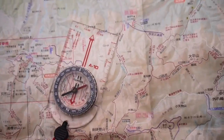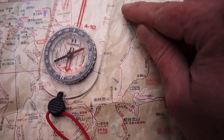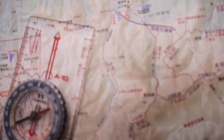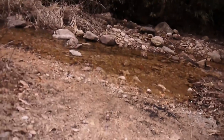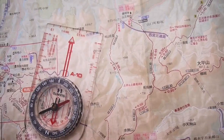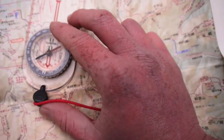Okay, it's really overcast and dark today, so I hope you can see this. Right now I am right here. I don't know if you'll be able to see that, but I'm at a bend in this stream right here. It goes up into the mountains. Okay, and if I follow the stream